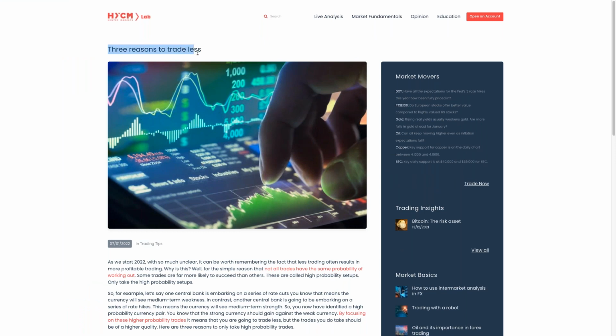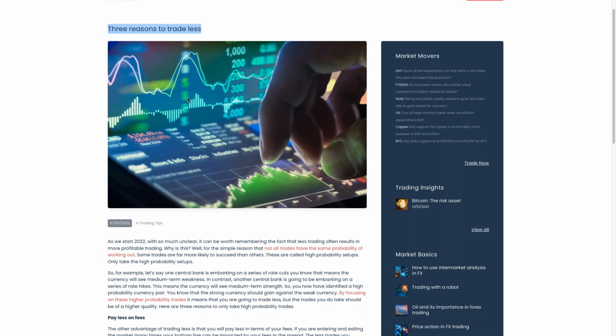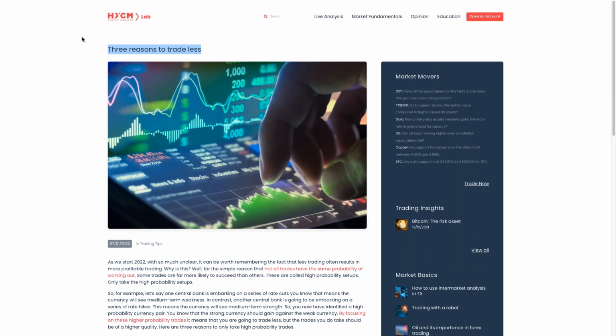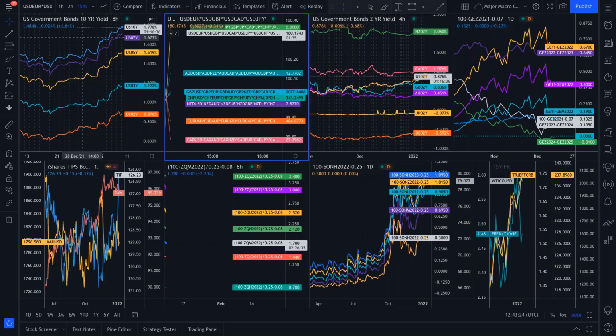Now, one point I wanted to make to you is this. Sometimes when you're not certain, it's best to trade less. As we start 2022, there's a lot of uncertainty, so don't end up just getting into trading and trading too much. So do check out that article I've sent you. I do think there's an opportunity to trade less. I do think that a New Zealand dollar yen upside medium-term bias makes sense. But I think you have to be very careful with so much change and so much uncertainty in the markets right now.